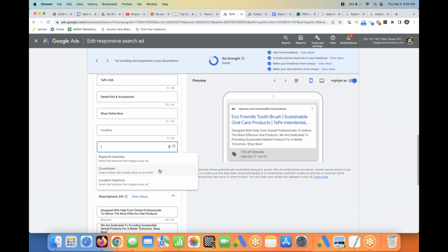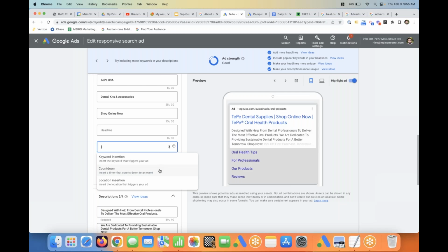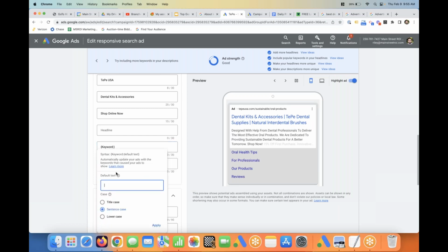So if you had some event that was happening, you can set a countdown timer that will go down incrementally depending on whatever the deadline is, so that you don't have to worry about editing the ad copy every day or anything like that. It's pretty cool. But yeah, you'd select dynamic keyword insertion, and then just whatever default text,